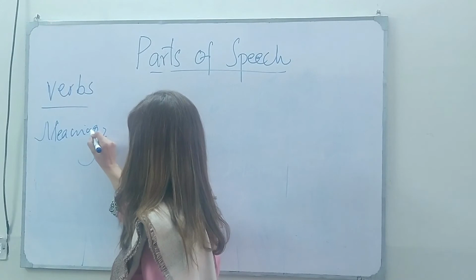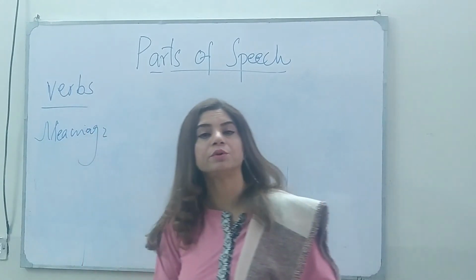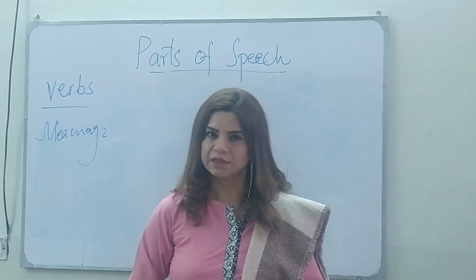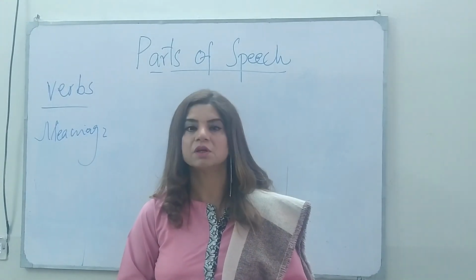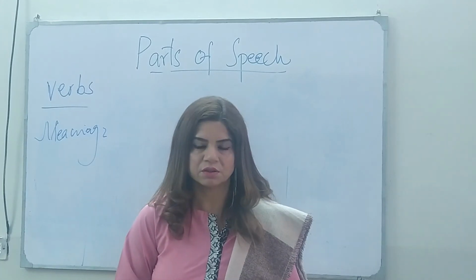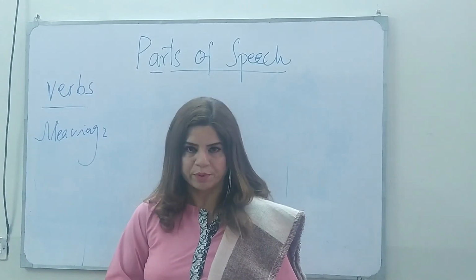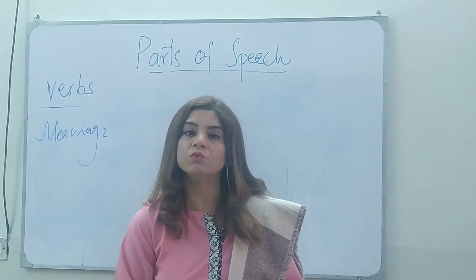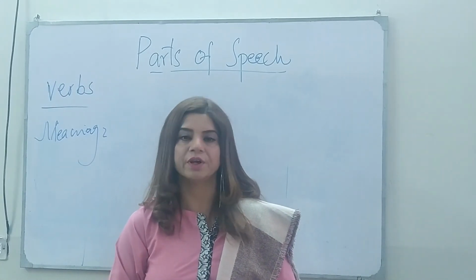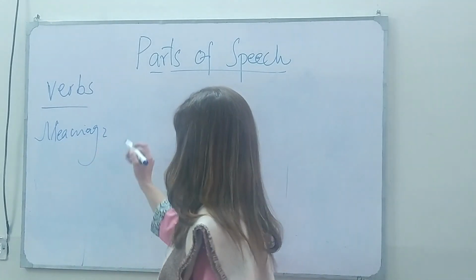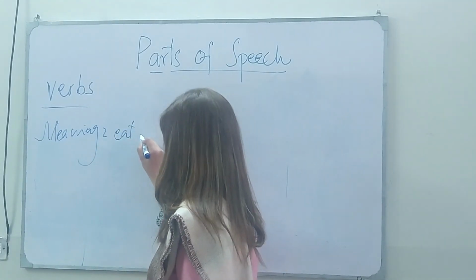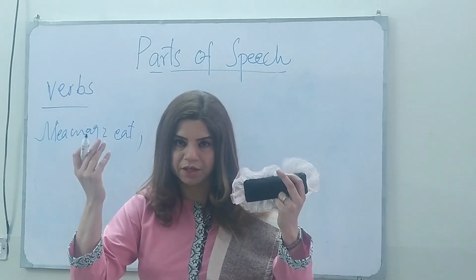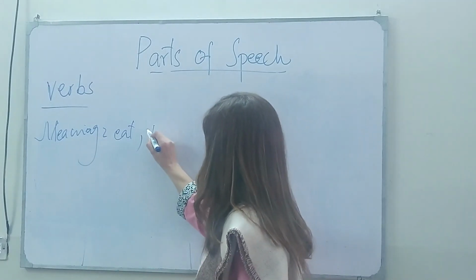Now we will talk about the meaning. What does a verb actually do? A verb always tells us about actions, states, events, occurrences and our day-to-day routine work, and they are very different. For example, eat. They also tell the physical states and the mental states. Eat, think,